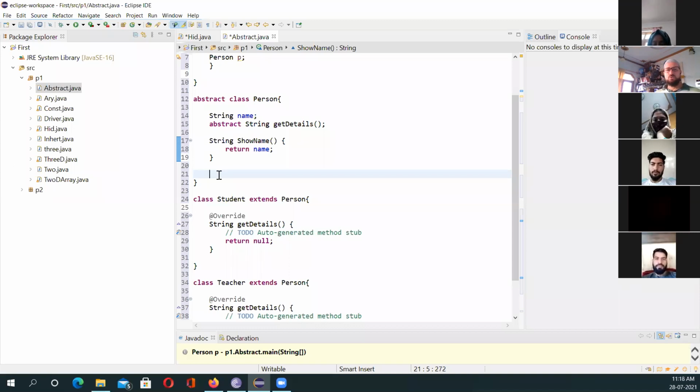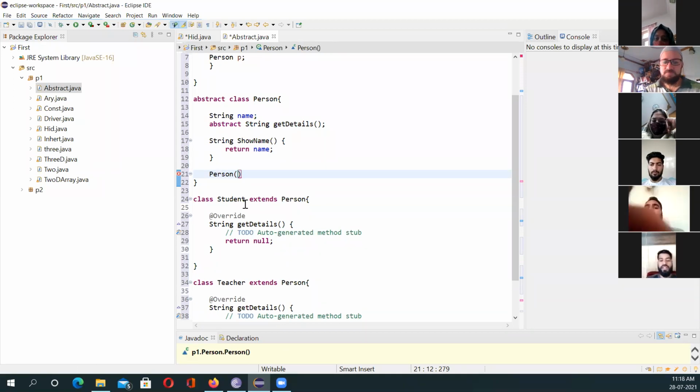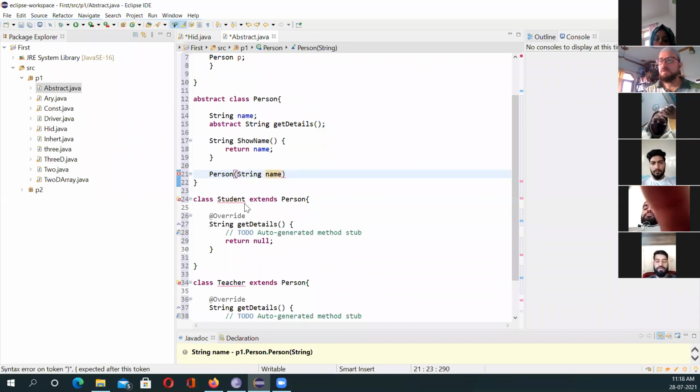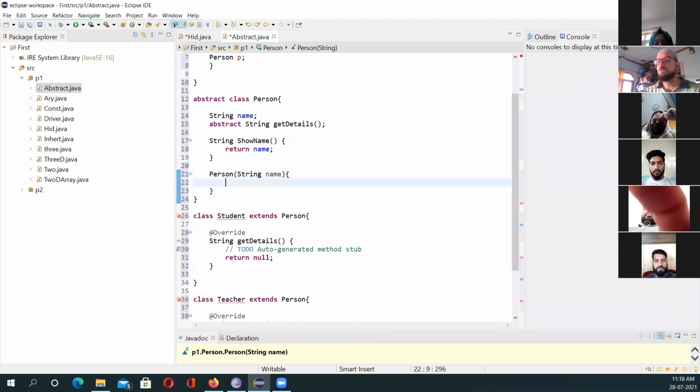That is true. But I am saying, like Danish said, that we can have a person constructor here. This is allowed. We can put up a person constructor and even send something to it. The main function of a constructor is that we use it to initialize whatever data members we have. I am sending it a string name. I'm creating a parameterized constructor here, and it is allowed